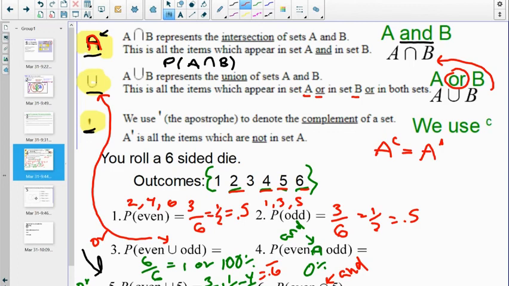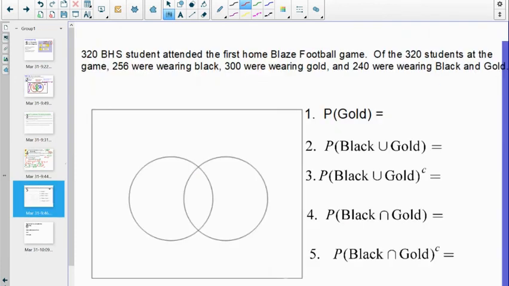Now we'll get some practice here. So if there's 220 BHS students attending the first football game, 200